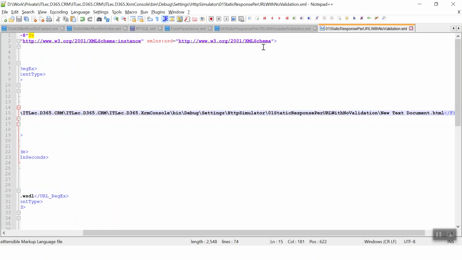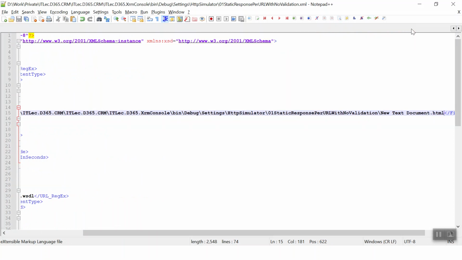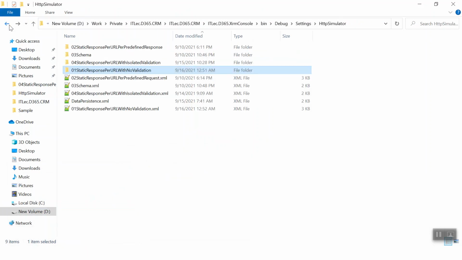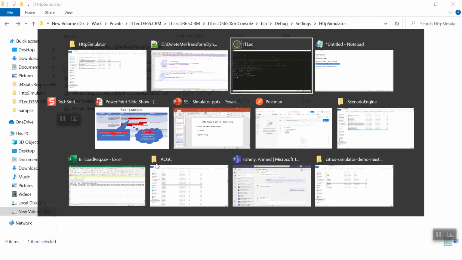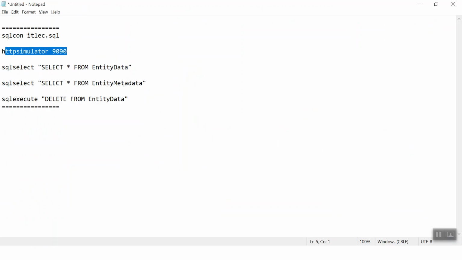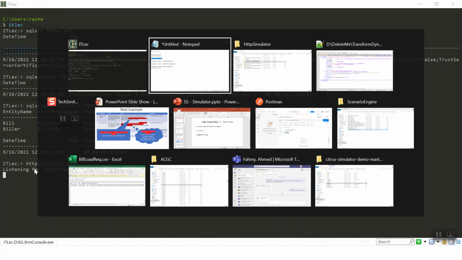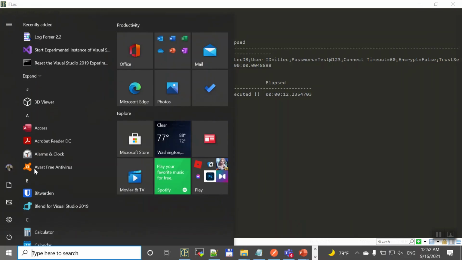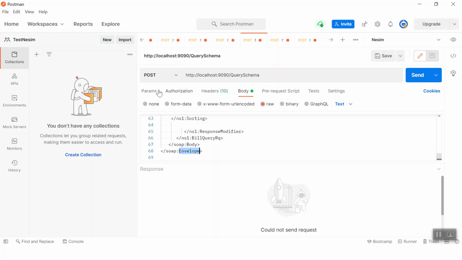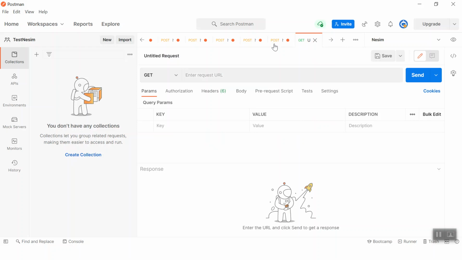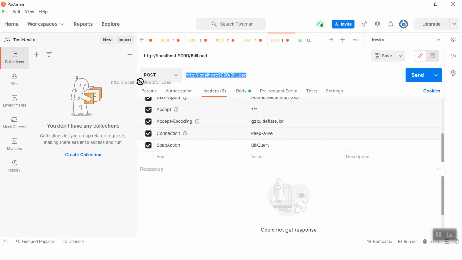And save. So now we defined our static response. Okay. So now let's start our simulator. So I will come here and type this one, and now let's open, for example, this new HTTP, and I will get something like this,